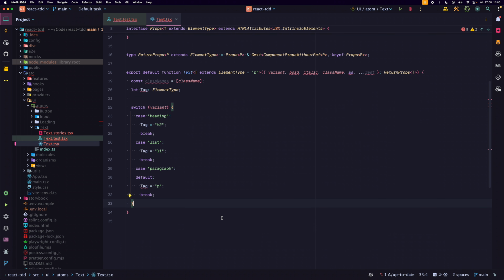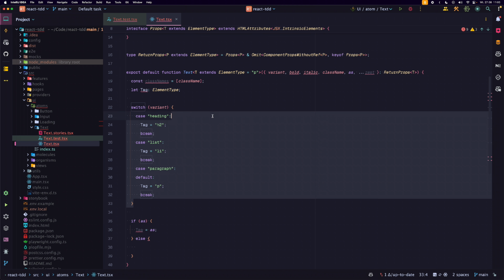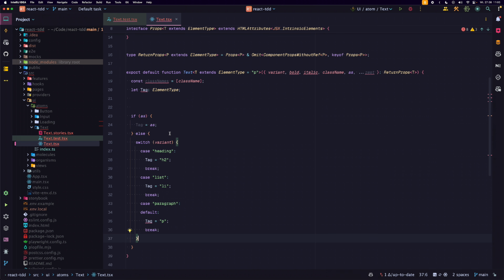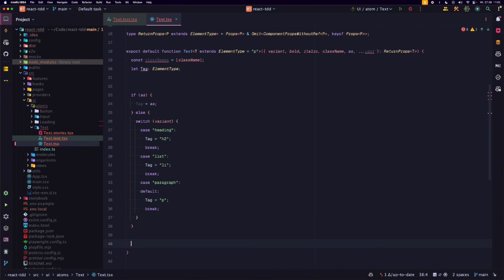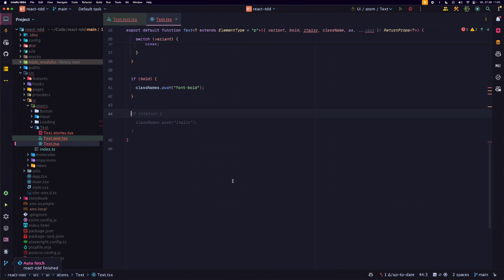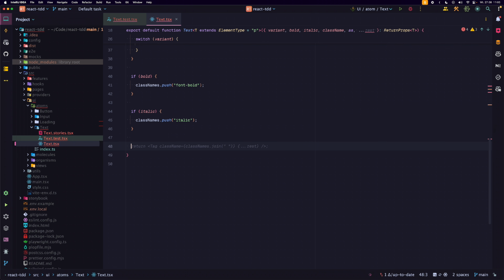Exactly. But it will. And exactly, if we have an as prop, then we are basically ignoring this. You know what? We can actually make this prettier to avoid having a switch if it's not needed. Okay, so now if bold, exactly, if italic, and if,